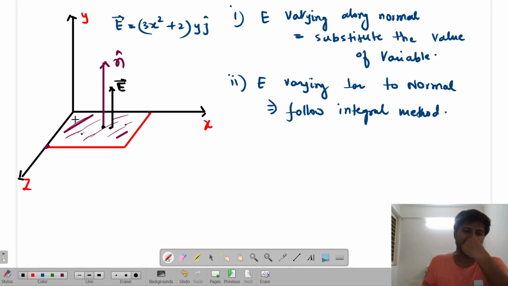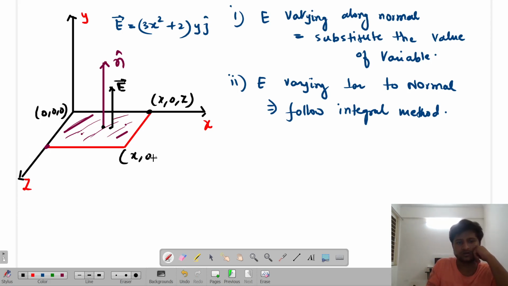What is the coordinate? Like what is the coordinate of this plane? 0, comma 0, comma 0. This is lying in y plane. So this will all have some value of x, comma 0, comma z. This one will have also x, comma 0, comma some z. Right or not? Are you able to get me? So this plane is lying at y value 0. If I just move this plane up a little bit,